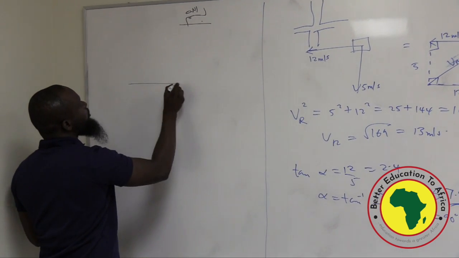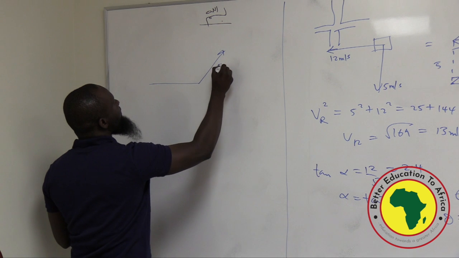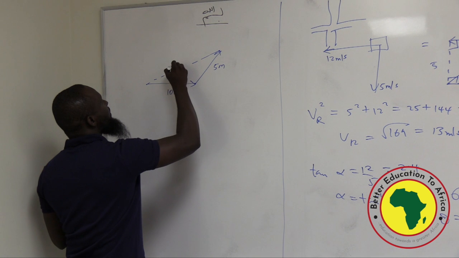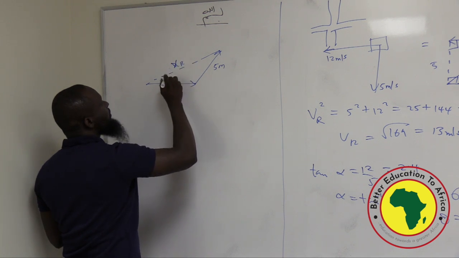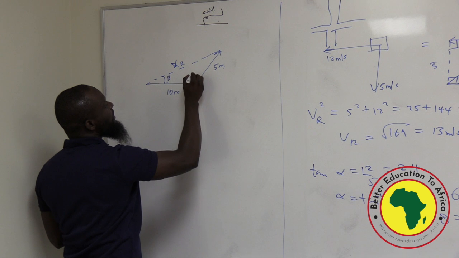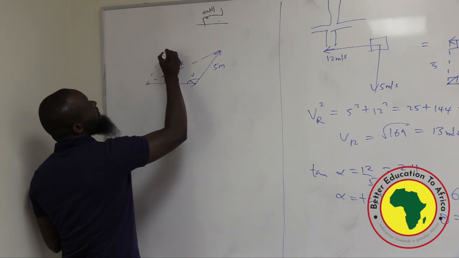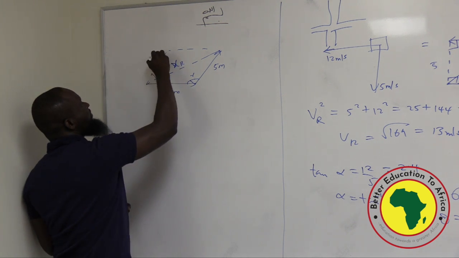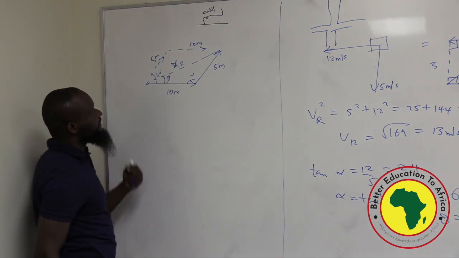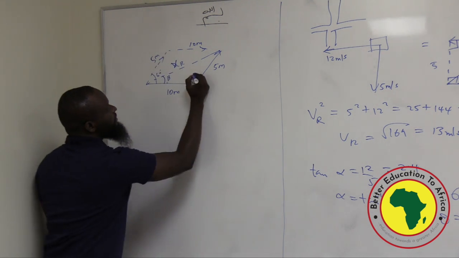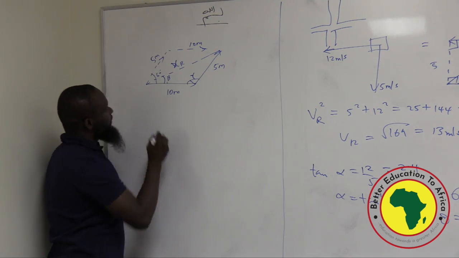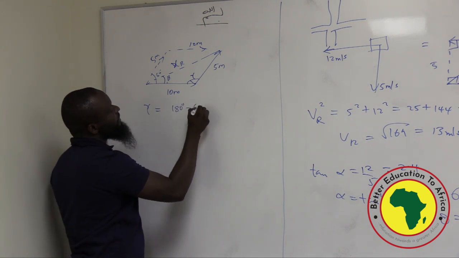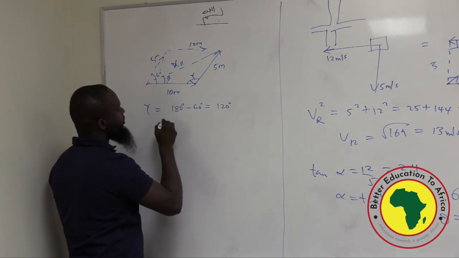So I'll take the bottom part of that, 5 meters, 10 meters, and this was my XR, this was beta, and this was gamma. And don't forget, it was like this. This was 60 degrees, okay? The other 5 meters was here, and the other 10 meters was here. I want to work with this triangle only, okay? This was gamma. First of all, gamma is 180 degrees minus 60 degrees to give us 120 degrees because